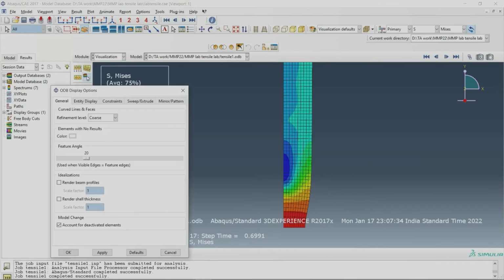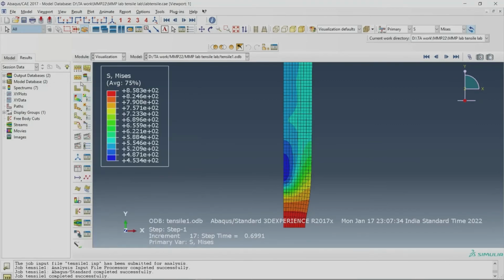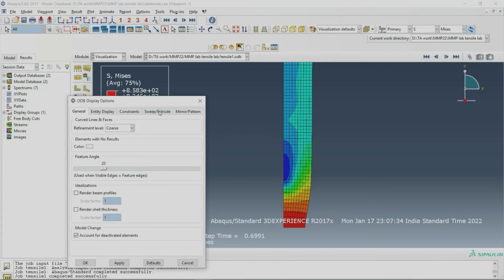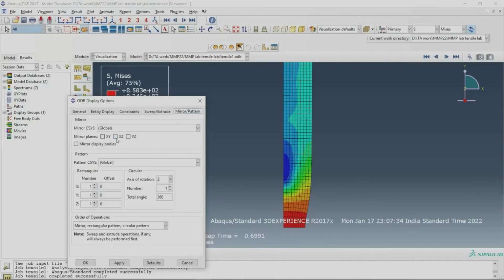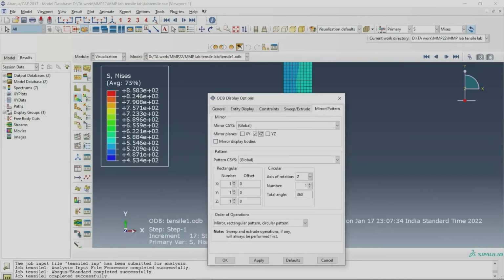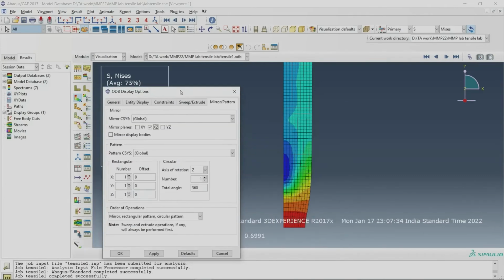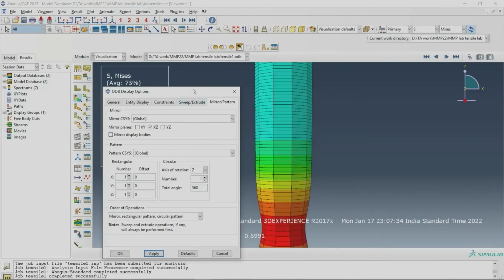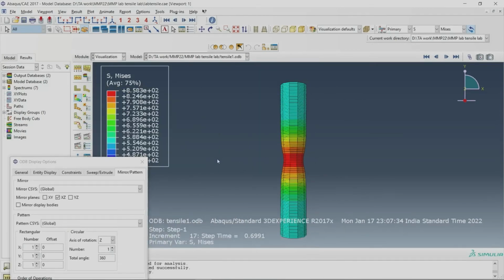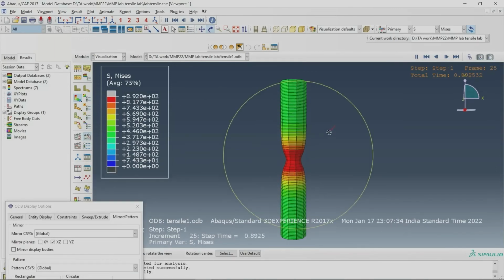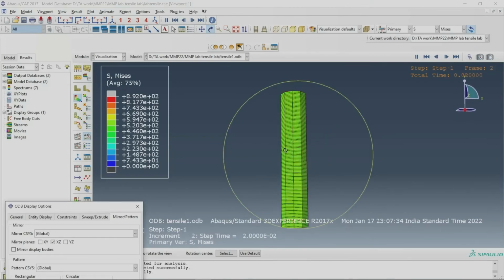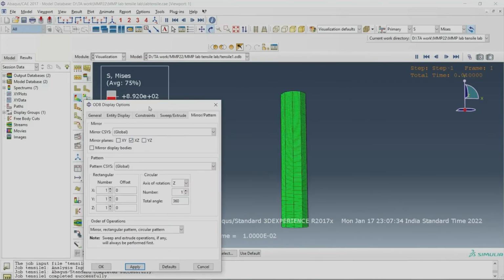We can create, this is not necessary but only for representation I am showing you, sweep 360 and mirror about XZ. What is XZ? This is your XZ plane. In this way you can see the complete specimen in 3D, and how the necking starts.